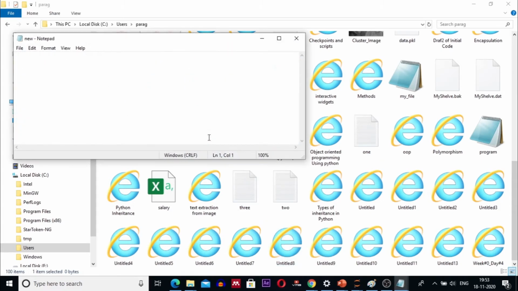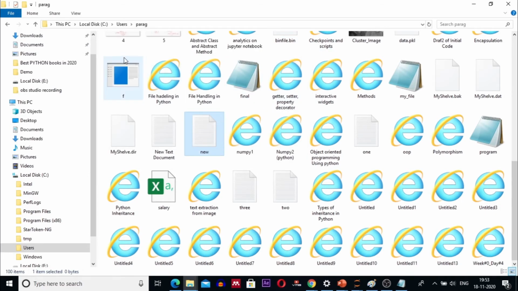This new.txt is an empty file which is created by us. Generally, the path is your PC, C drive, users, your PC name, and in that folder your IPYNB files are present, as well as the new text document which you have created.